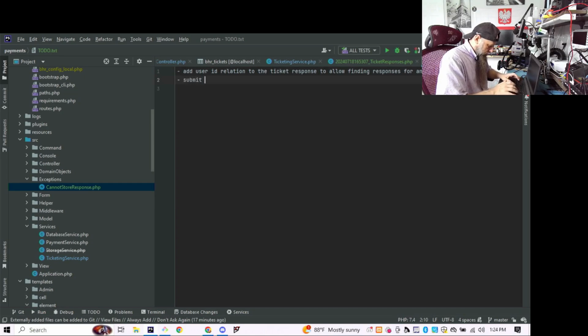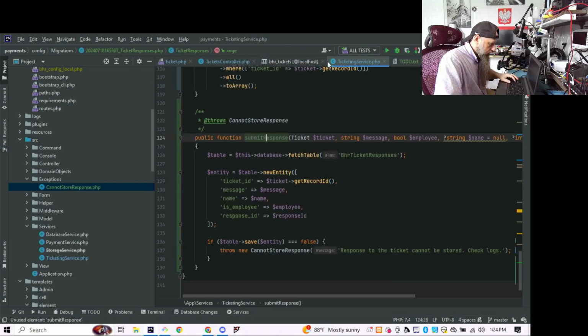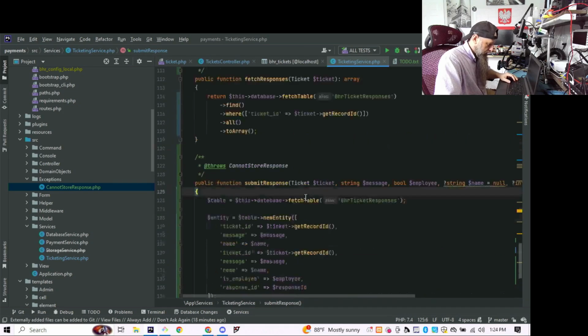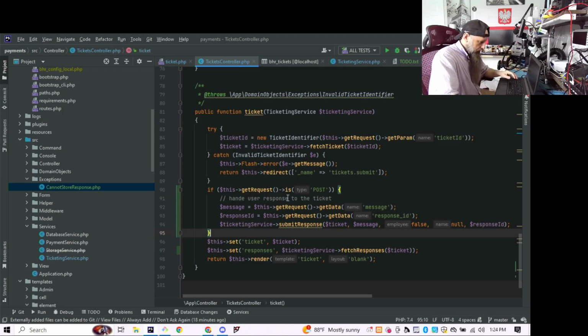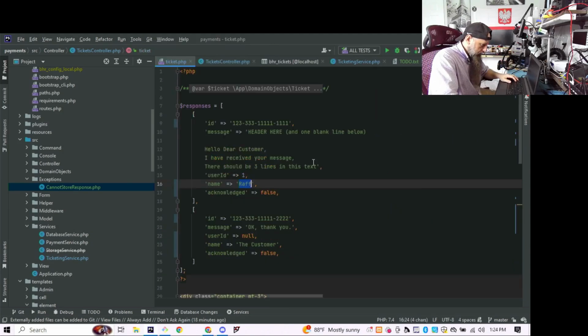Let's submit response handle exception. That way I don't have to worry about stuff. I can just keep going and then figure out the rest later. So this will not work because of that migration. But before we even go there,